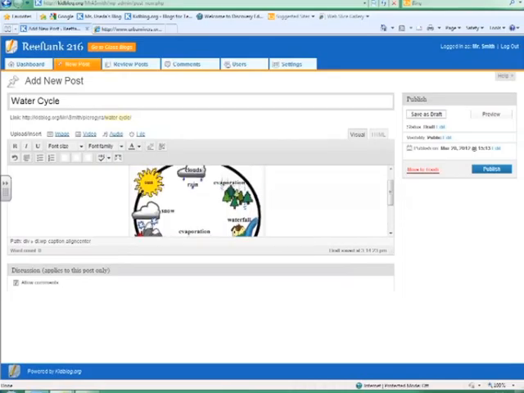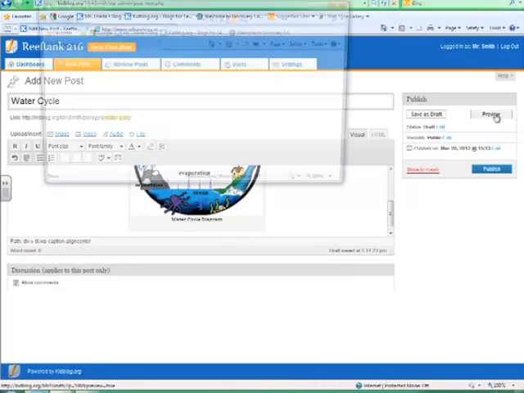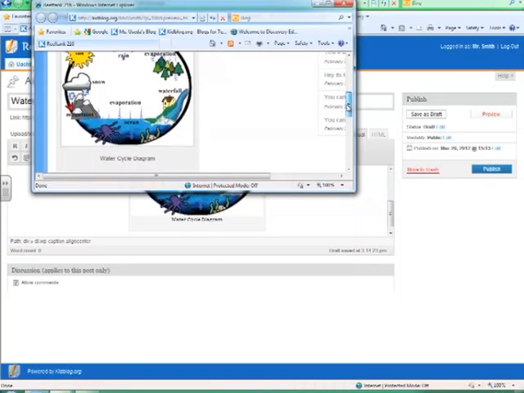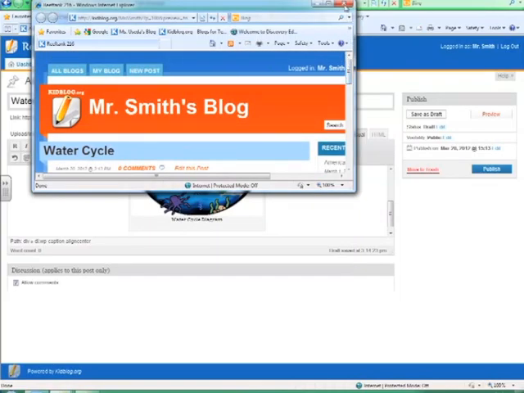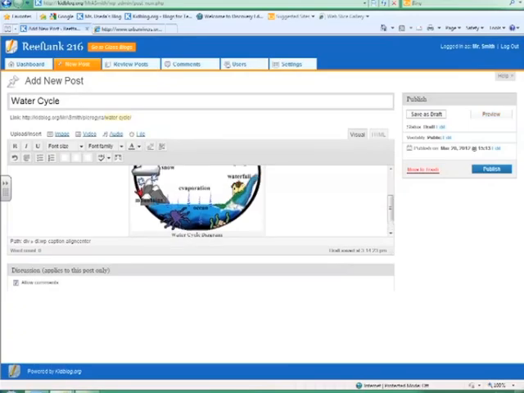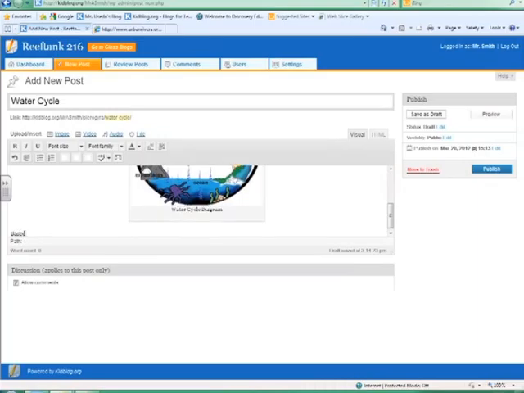And you can see now that I inserted my post. I can scroll up and down, and there it is. And now I can also preview. So I'm going to do a quick little preview. It pops up in another window, and I can see what it looks like. Not bad. But what I'm going to do here now is to put a question in. Based on our discussion in class and this diagram,